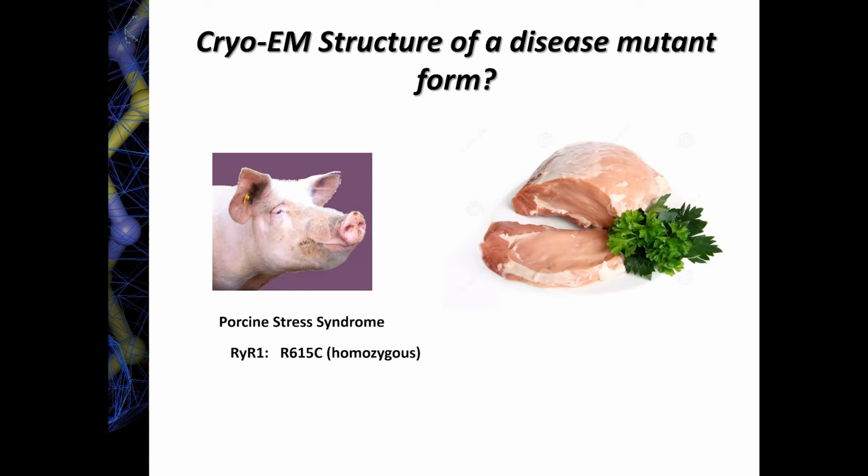That is the fact that the meat tends to be leaner. So these muscles, these pigs actually have a lot less fat content. So it's kind of a way to produce leaner pork meat. We actually got in touch with a farmer in Iowa who was still keeping these types of pigs. So we ordered a few kilograms of meat that essentially allowed us now to purify ryanodine receptor containing this disease